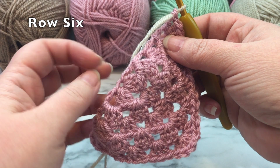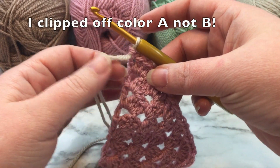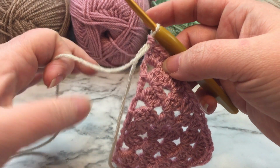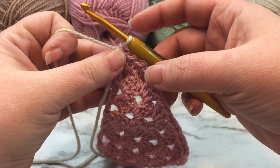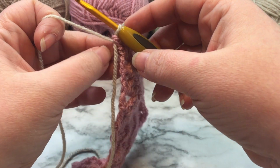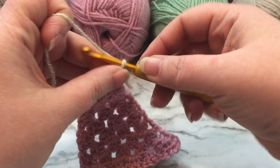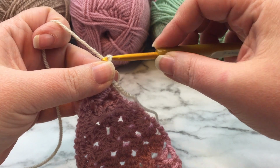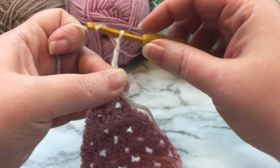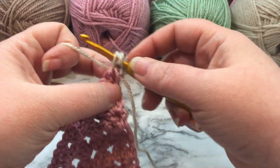I have woven in my ends. I've clipped off color B, woven in all of my ends so they are not going to get in our way, and we are ready to continue on with row 6. So we're going to turn our work, and you're going to want to put your thumb here so you're not pulling on that tail. Chain 4, 1, 2, 3, 4, and then 3 double crochets in this same chain space,